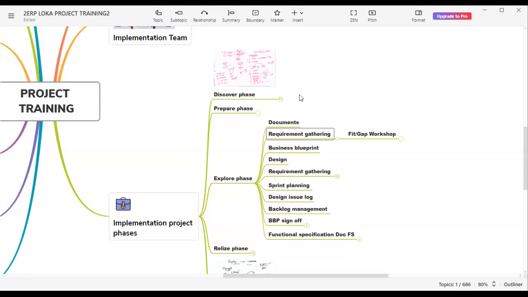So there is customization. I'll discuss regarding the standard and customization in support projects. And I also discuss a bit in the explore and realize phases. What is going to happen in SAP is a fit. What is not going to happen is a gap. What is going to happen is a fit, as I mentioned, so that will be done by consultants straightforwardly. A gap is something that is not going to happen in SAP without a developer. So we need a developer.